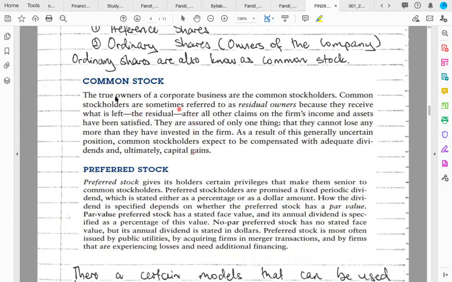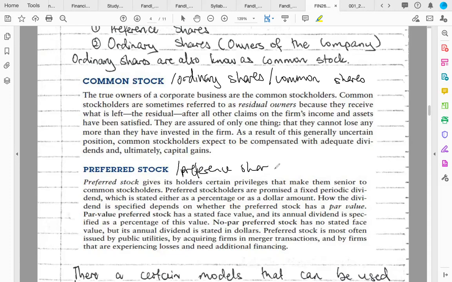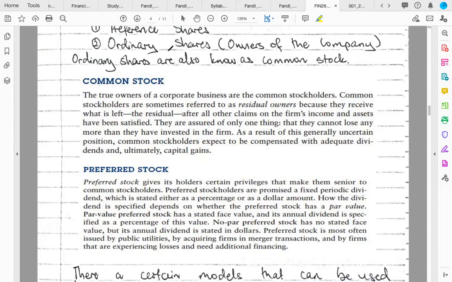Here there are just some explanations about ordinary shares, which are also known as common stock or common shares. And then we also have preferred stock, which is also known as preference shares, right? There's just some theory explaining the difference between ordinary shares and preference shares, and it's important to know these differences. You can just read through, like I said before: common stock, ordinary shareholders, these are the true owners